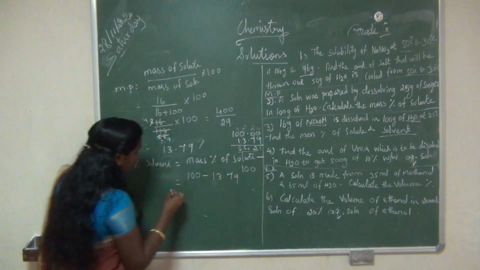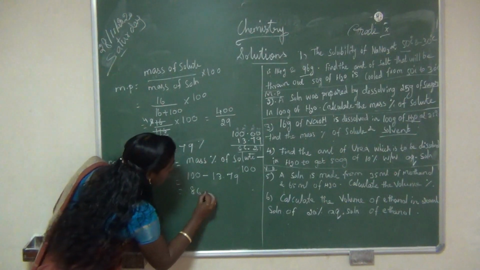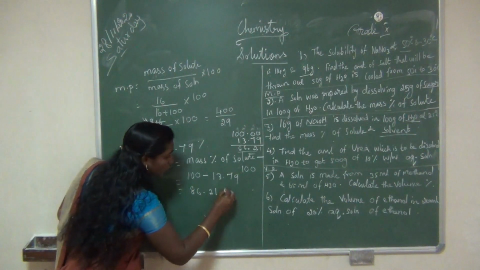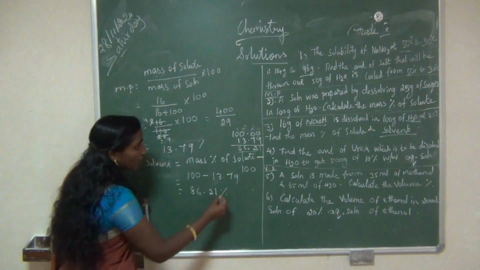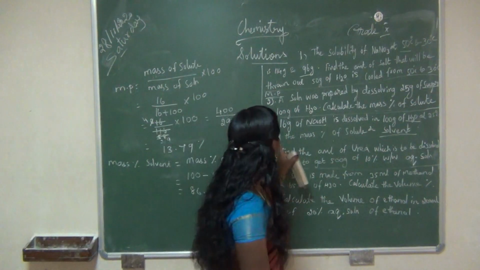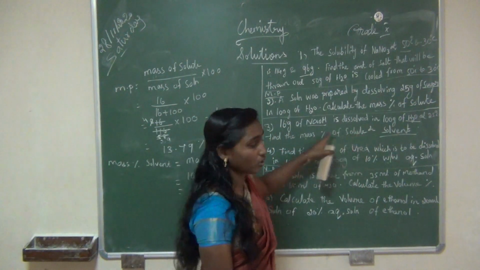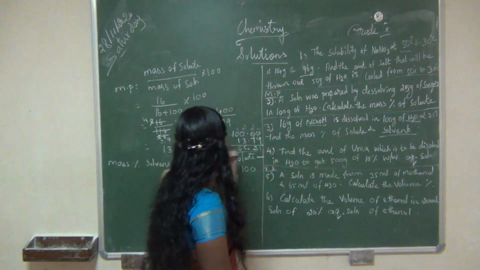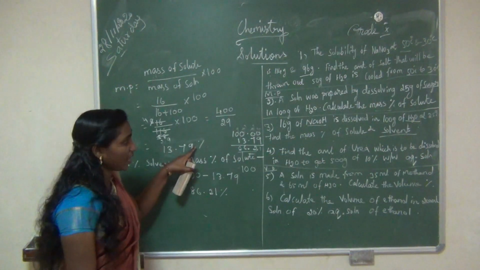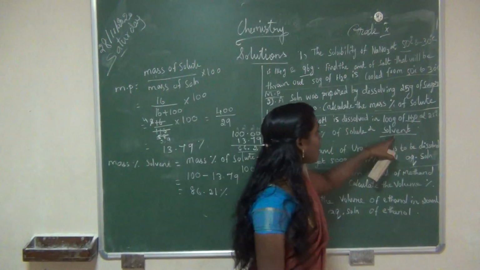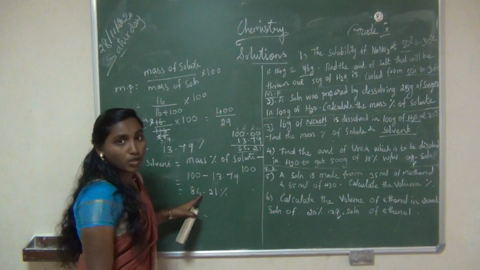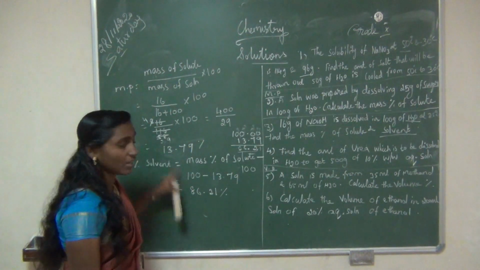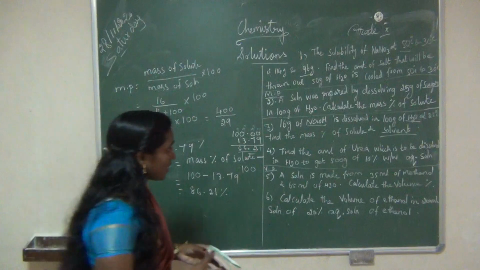We will get the answer 86.21. Here also you should mention this percentage, because in the question they asked to find the mass percentage. So the mass percentage of solute is equal to 13.79 percentage and the mass percentage of solvent is 86.21 percentage. Have you understood this one? The next one,